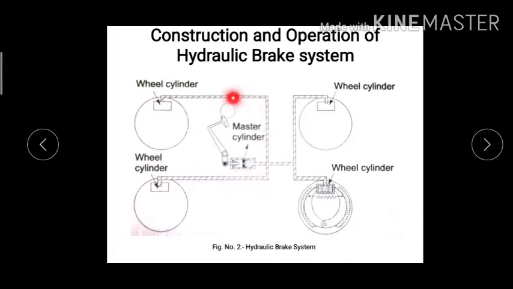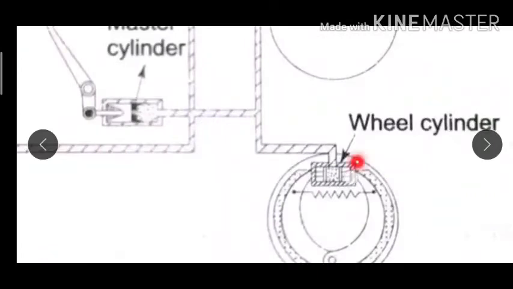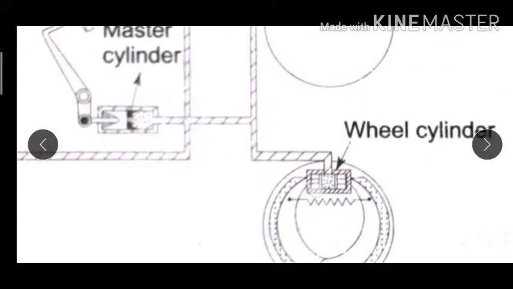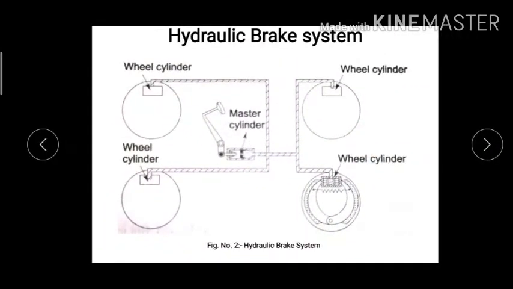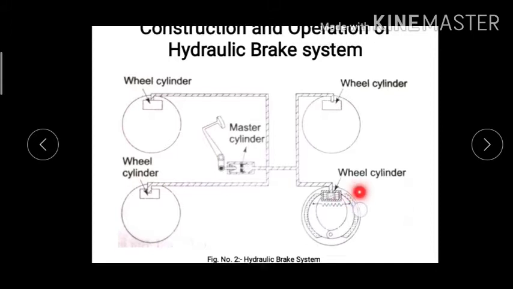Okay, and this oil is transferred to all the wheel cylinders. When it reaches the wheel cylinder, you can see that there are two pistons over here, and that oil is placed in between these two pistons. It will start entering the space between the two pistons, which are facing opposite to each other and move opposite to each other, and while moving they push the brake shoe outward, towards the brake drum.